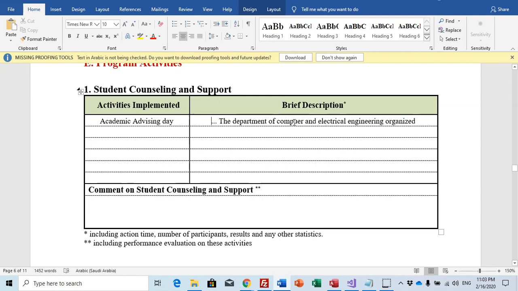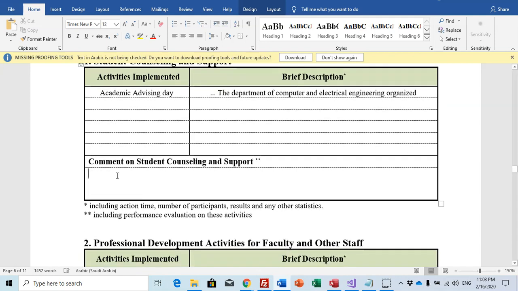Just be careful here that maybe the activity was organized at college level and your program is a part of the college, so you can write here that the college organized advising day, and you can write here comments on student counseling and support.